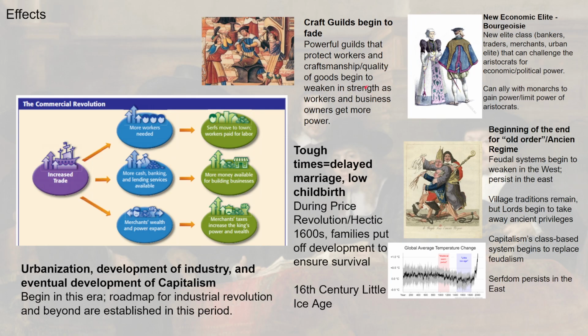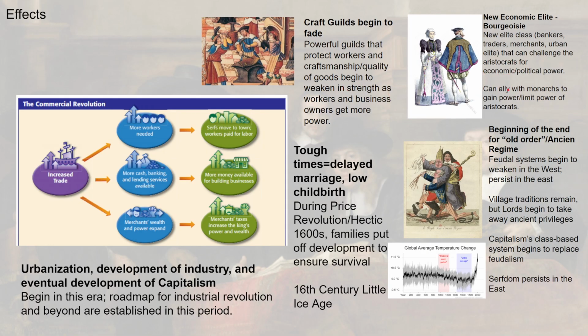So with that happening, we're going to see some challenge there. And we're going to see them eventually fade away. They're going to be pretty much gone by the time of the Industrial Revolution, when factories come around and could make almost an infinite amount of goods very cheaply, very easily, and just dwarf what a guild could produce. You're going to see guilds mostly go away. And we'll talk more about that later. But guilds begin to fade as merchants and the rich get more power in Europe through this commercial revolution.